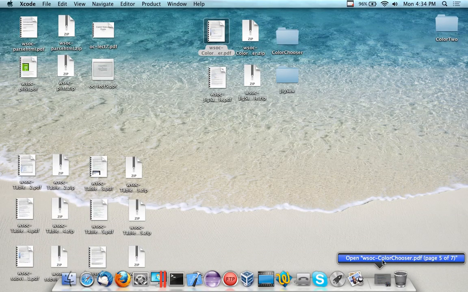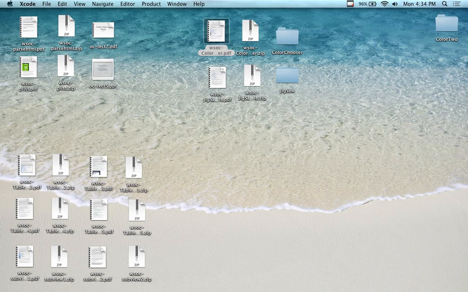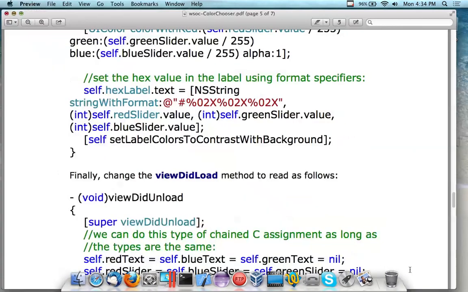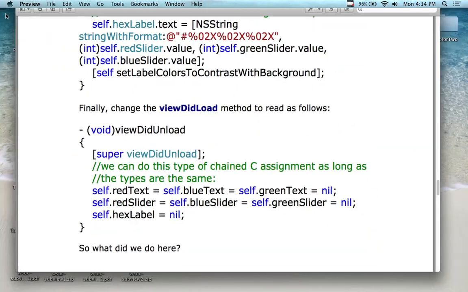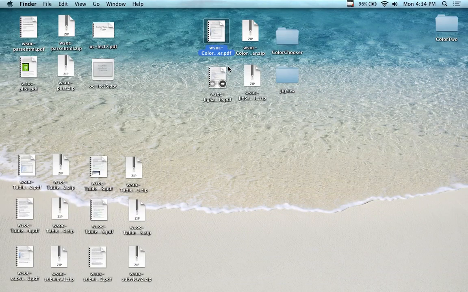So, let's see. Close this guy. All right, so the next one we're going to do, I'm going to do the jigsaw puzzle, I believe. I'll do it in the next one because I think the iOS people might be more interested in it. We have some more time left here. We can do the